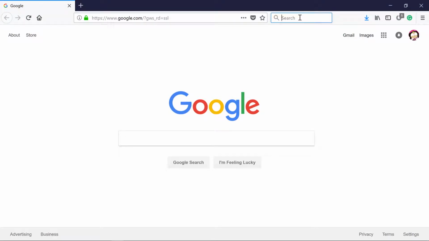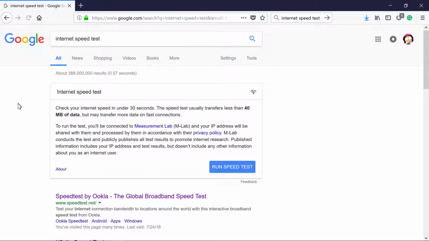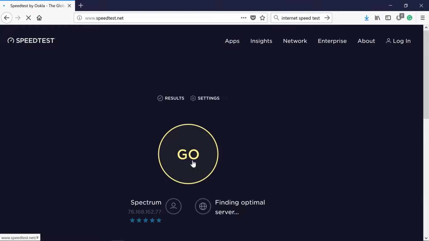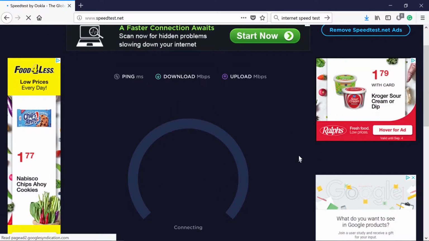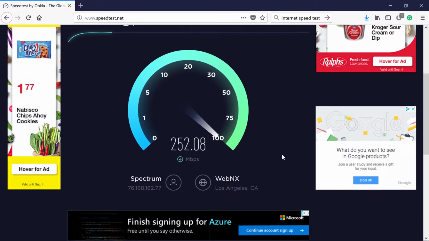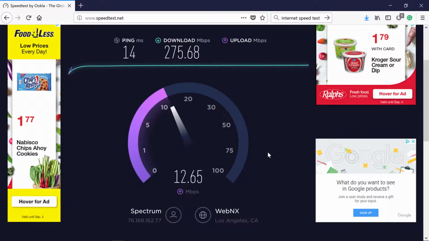We're gonna go to an internet speed test. I'm gonna go to speed test, this one, the first one. I'm gonna say go, and then we're gonna see how fast my internet connection is, how fast the upload connection is as well. What we're gonna look at is how fast the upload is, how many megabytes per second we can actually upload. So I believe mine is around 20,